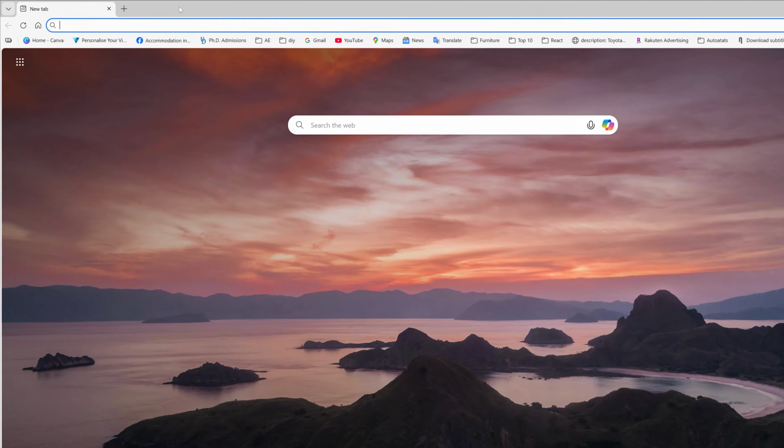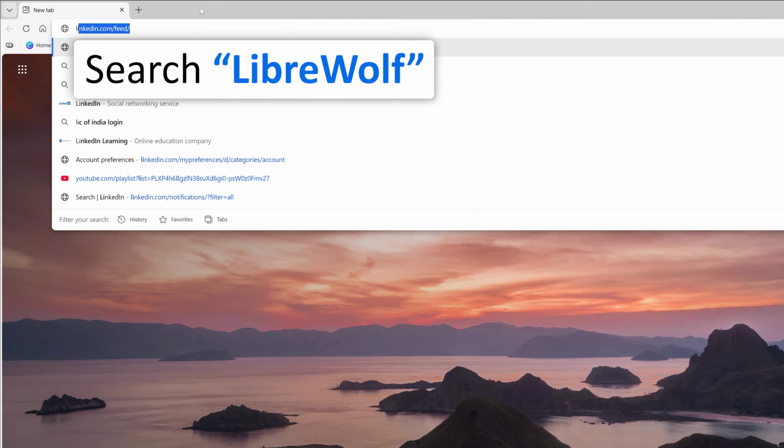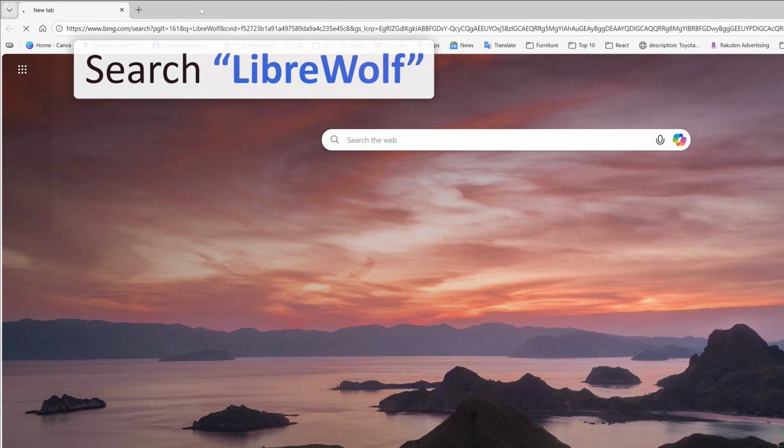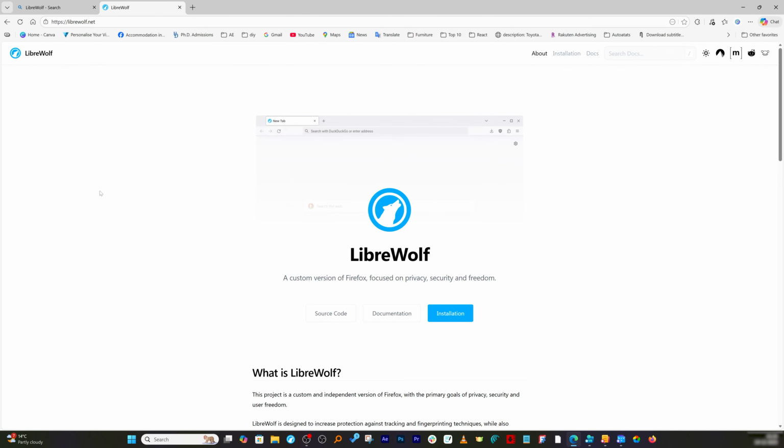So the browser that I am talking about today is open source and known as LibreWolf. LibreWolf, I would say, is a flavored version of Firefox, and I intentionally chose this one because it is based on Firefox, not Chromium, because Chromium, as we know, is also open source but is backed by Google. Alright, so let's click here on LibreWolf, which will take you to this site, and then